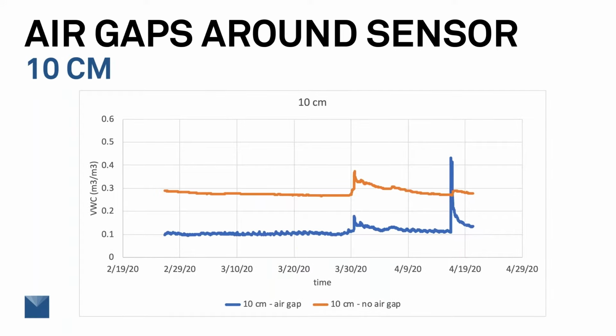If we look at 10 centimeters deep with the exact same X and Y axis here, same time frame, we're a little bit less air gappy. I don't know, is that a word? A little less air gaps there, but we see the same thing. Down around the 15th, we get that big rain event. The 10 centimeter sensor that has no air gaps shows a little bit of that event,